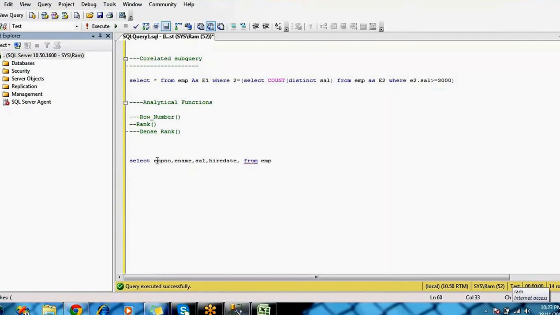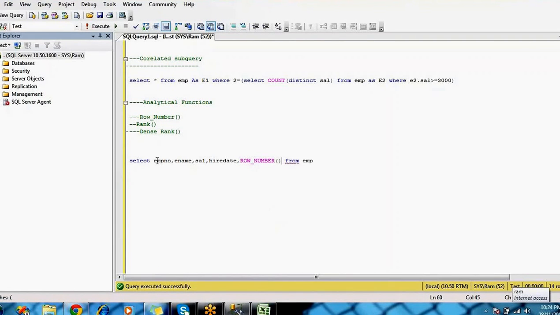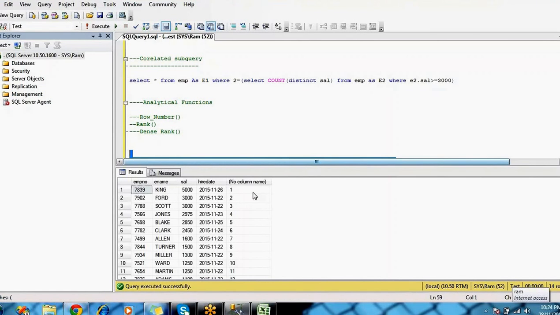Now I am going to write row number. This is the function, in brackets, then over, order by salary. You can choose descending or ascending order. Based on this salary order, it will give the sequence number.